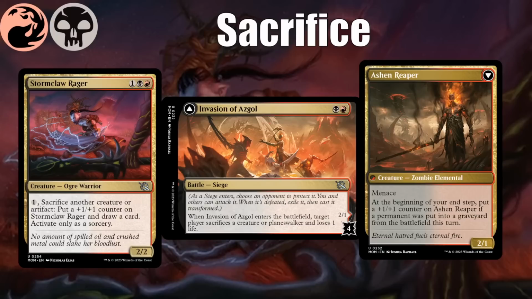Invasion of Asgol is an edict effect on the front, meaning your opponent sacrifices a creature or planeswalker in this case, and they lose a life. And once it transforms, it likes it if things are being killed or sacrificed because it gains a counter if a permanent was put into a graveyard from the battlefield this turn during your end step. So you've got some nice outlets and